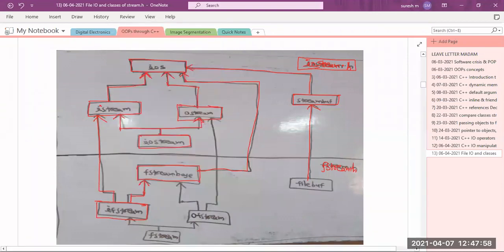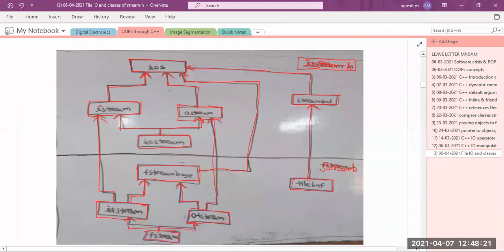In the same manner, if I want to do output operations on files, then I have the ofstream class, which is derived from the fstream base class and the ostream class. And from both ifstream and ofstream, we are deriving the fstream class. And from the stream buffer, we are deriving this file buffer.